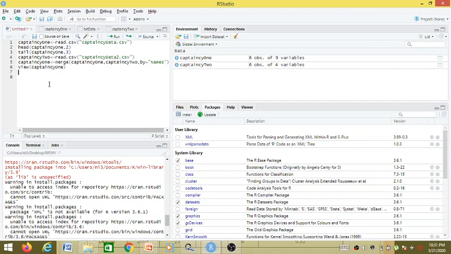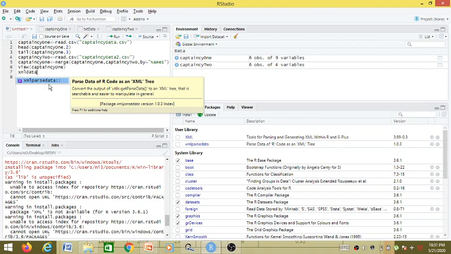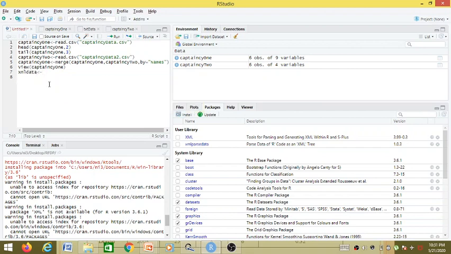So what I have to do is create a data frame named, say, XMLData, and call the XMLToDataFrame function.